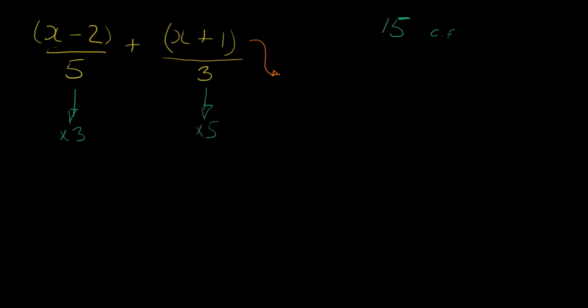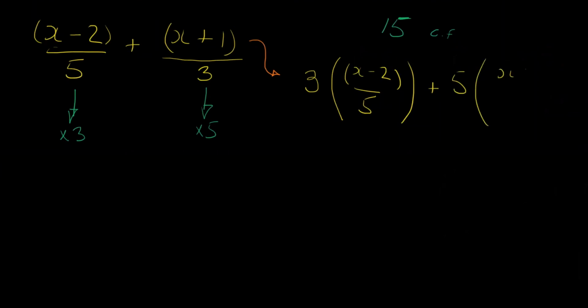So let's open it up. You guys are doing it. Let me just look here. I'm going to put a 3 outside, and then the x minus 2 over 5. And then in the next one you put a 5 outside, and then you put x plus 1 over 3. And then you rewrite the question, which is going to be